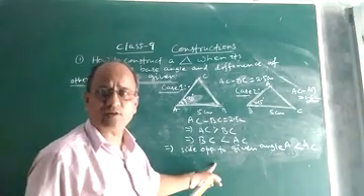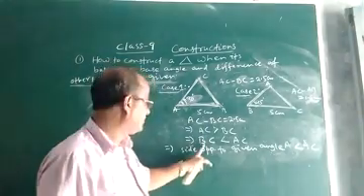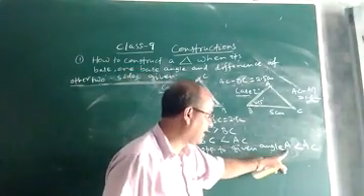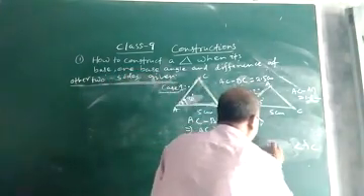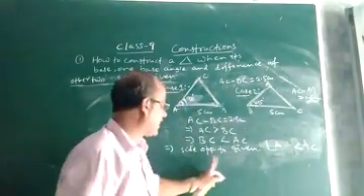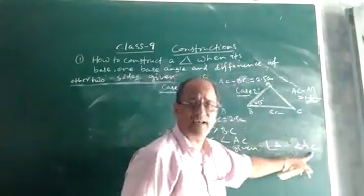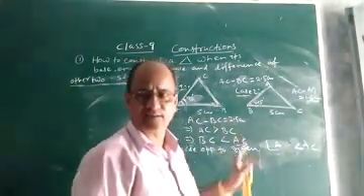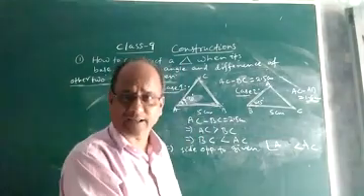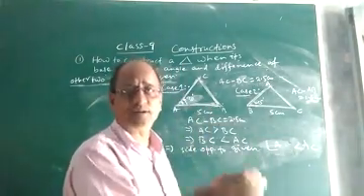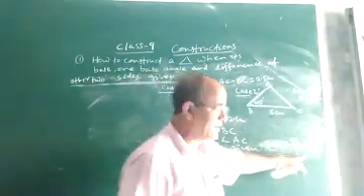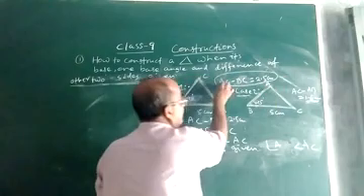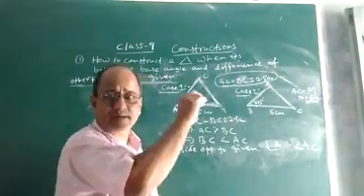And what did we notice or see? We saw that BC is less than AC, that means the side opposite to the given angle A is less than AC, which is the third side. So if the side opposite to the given angle is less than the third side, what will you do? This difference AC minus BC will be taken upwards.